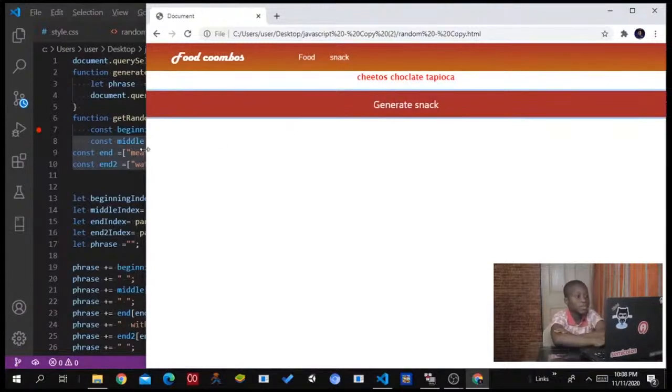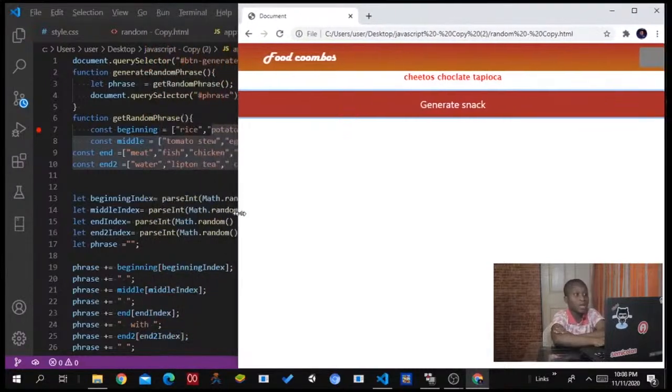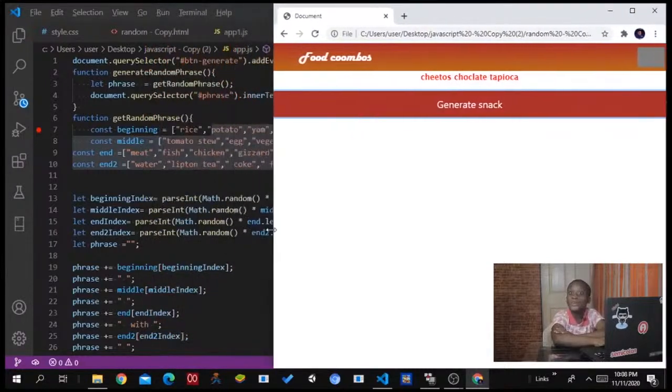So this is gonna be great. This one's gonna create Cheetos, chocolate, and tapioca. Man, I don't know what kind of... I don't know. Putting your chocolate and you're not adding tapioca. I don't know, for Cheetos. I don't know if many of you know what a tapioca is, but this